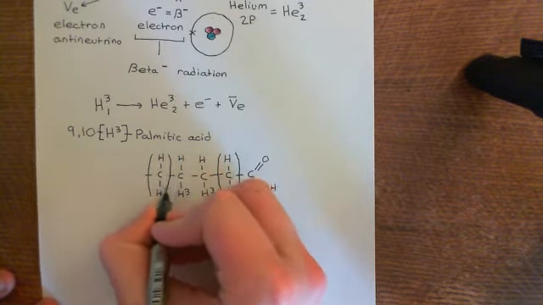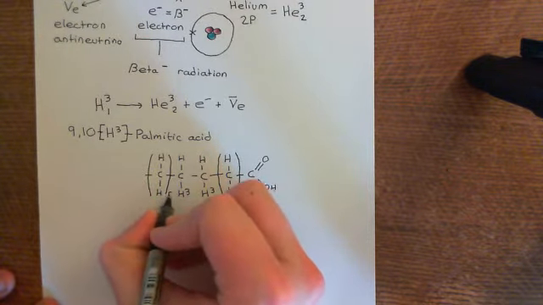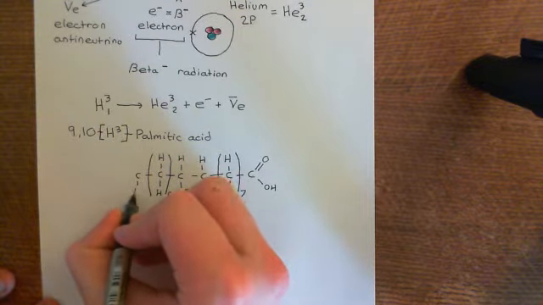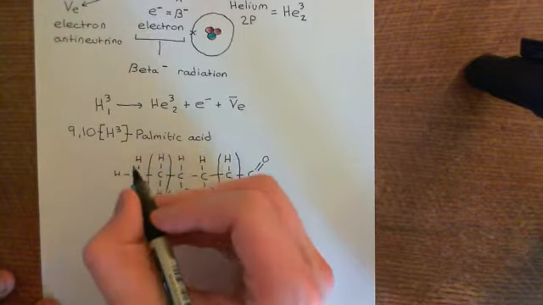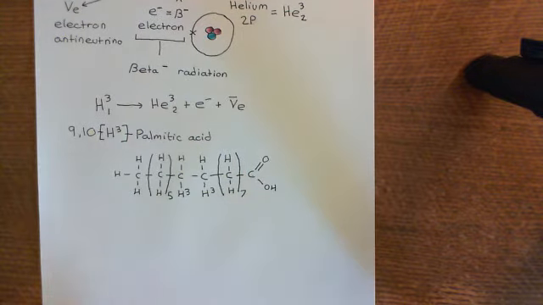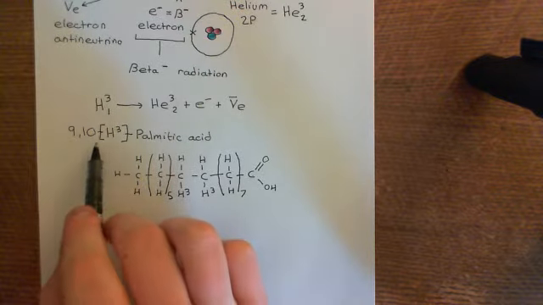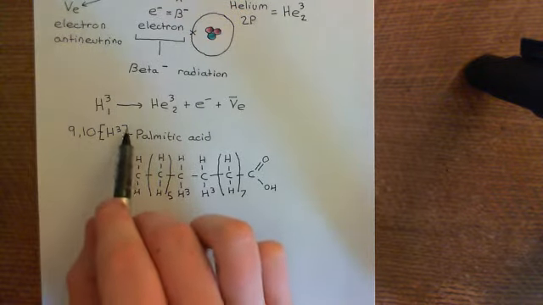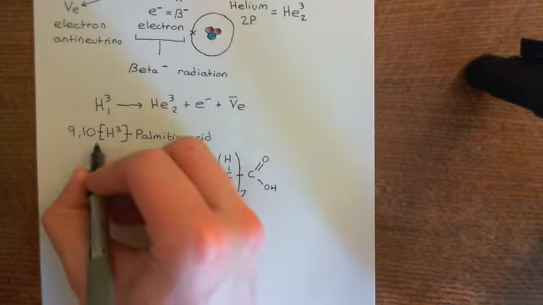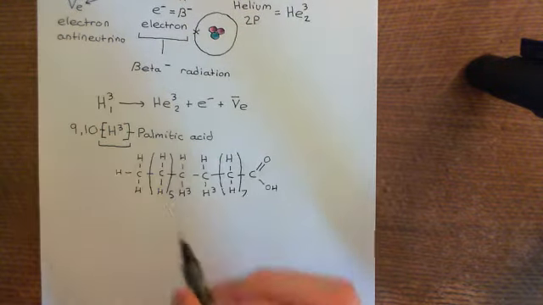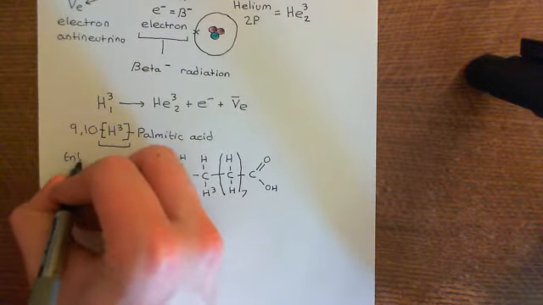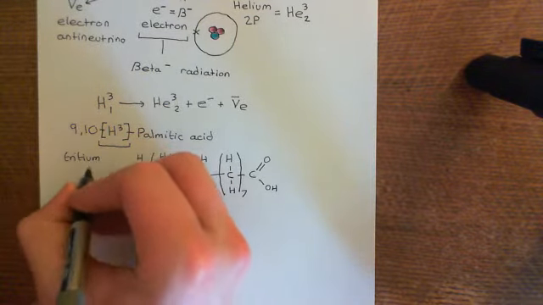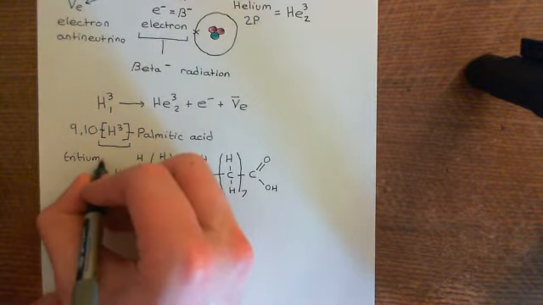Okay, so here's our 5 other normal methylene groups, and then right on the end we've got a methyl group. And I'll have to show that separately. Okay, so here now is the structure of 9,10-tritiated palmitic acid. The way that you would read this is "tritiated". So you would call this 9,10-tritiated palmitic acid, or for short, you might just call this tritiated palmitic